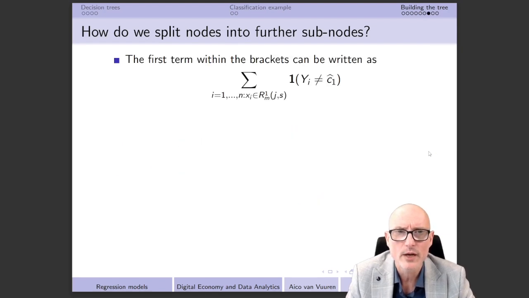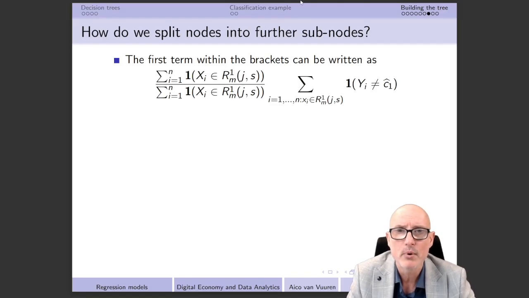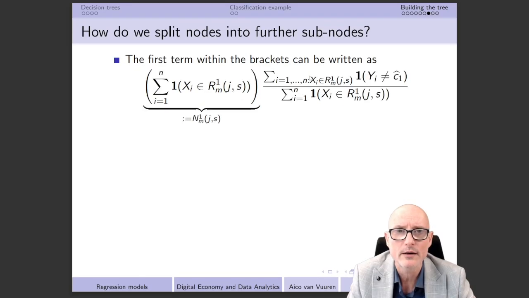So let's go to that particular term, which I've written here at the beginning of this slide. The first thing that I'm going to do is a very trivial thing: I'm going to multiply this term by the number of observations that we have in this subspace R1 MJS. But at the moment that I multiply, I also have to divide. So we get a very trivial rewriting. Then I can take this term together with that term in order to have this step that we have over here.